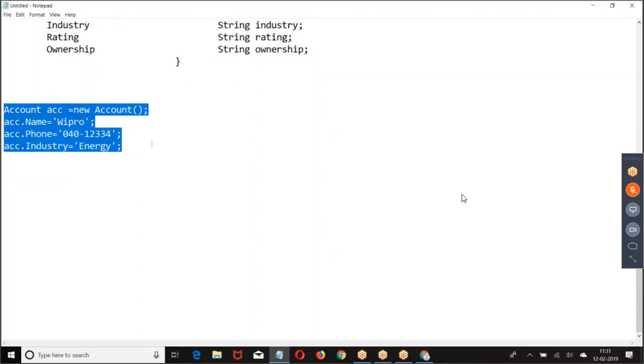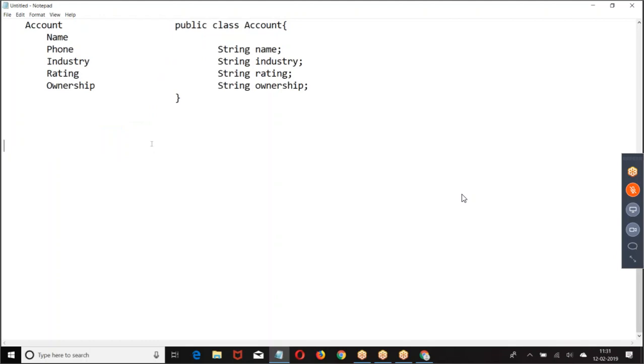So how do you create an instance of S object? If you know it's an account, you will take account. If you know it's a contact, you will take contact. If you don't know whether it's an account or a contact, then what I will do? I will take S object. If you know it's a loan, I will take loan. When I am not sure whether it's a loan or a contact or an account, I will take S object. S object can store any type of data. Are you clear? Okay. Now, let us do create